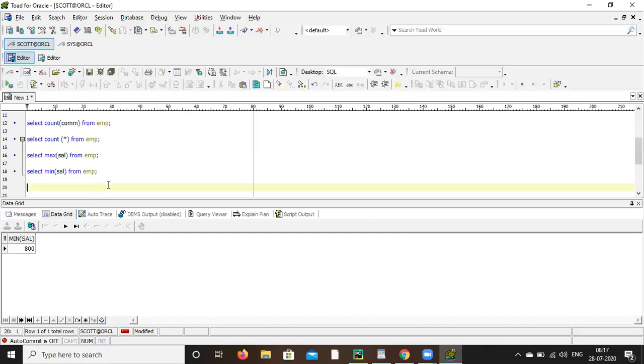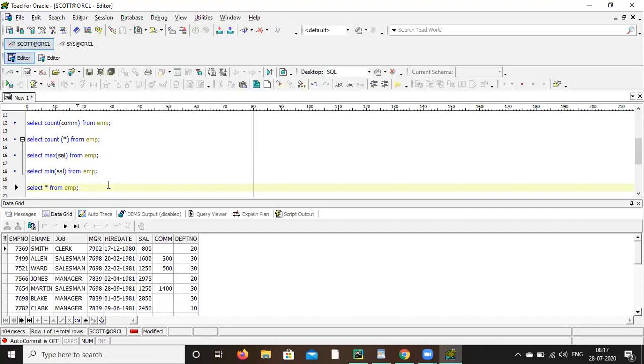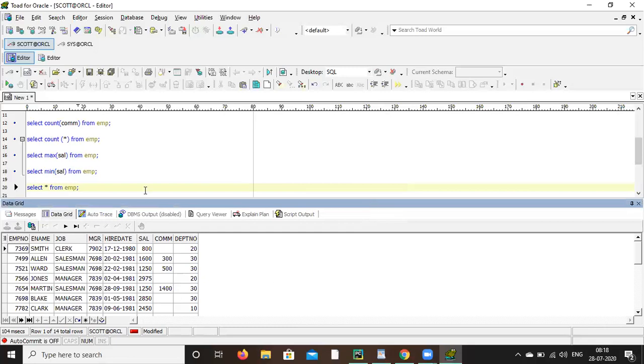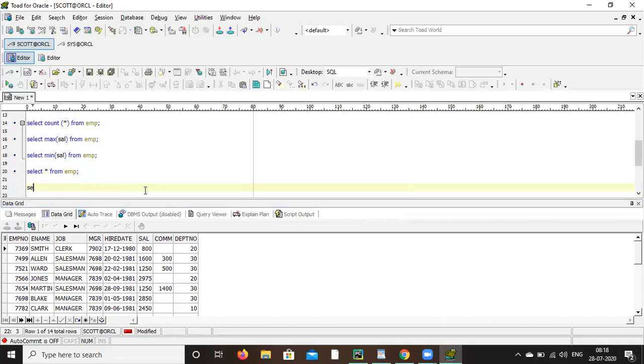Now do select star from EMP once. So here, let's say department number, okay? Department number, we have 20, 30, 20, 30, 10 and all, right? Last column, yes. So if you want to know what are the distinct department numbers, you can write select distinct department number from EMP.